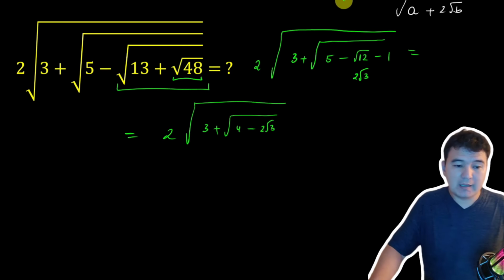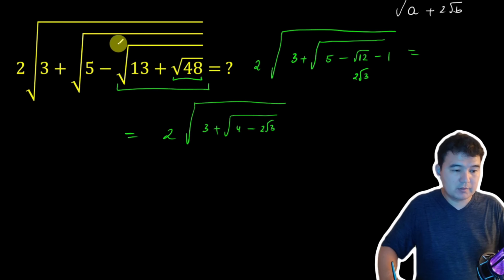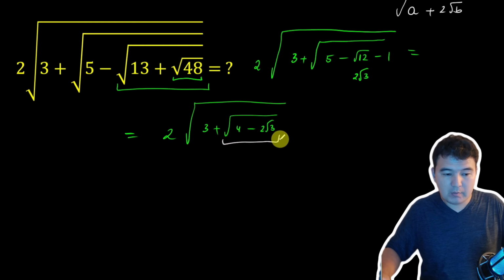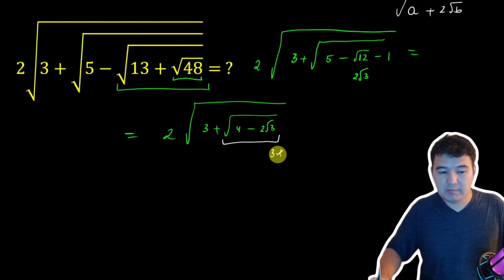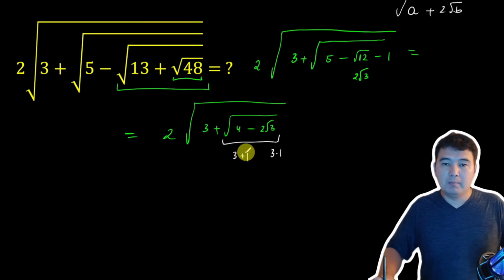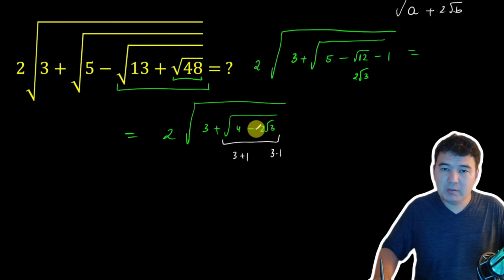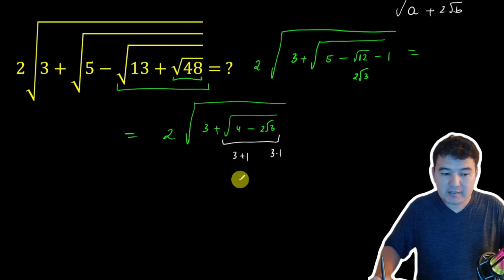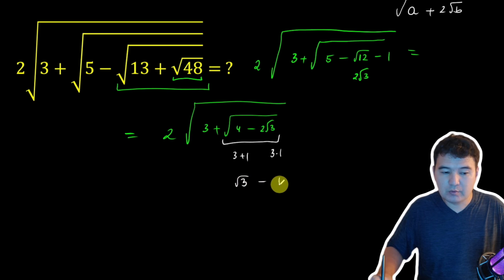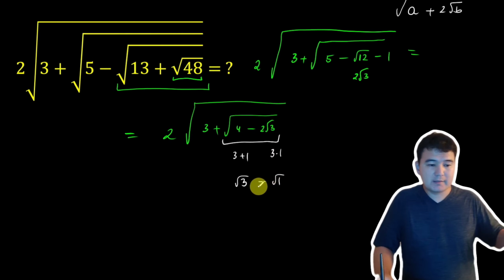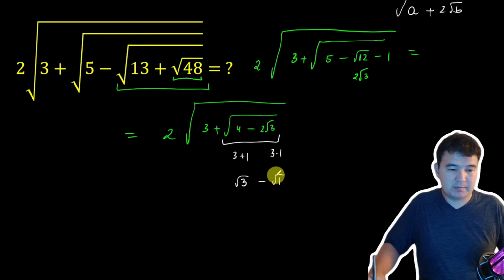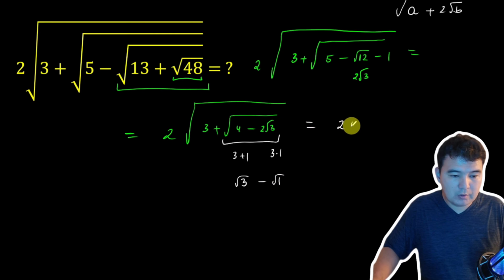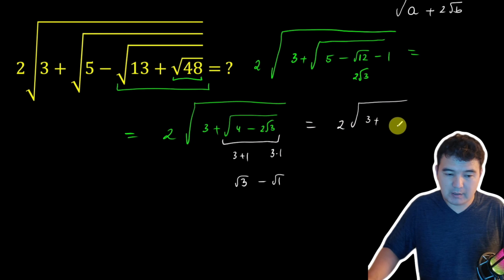I'm going to use that idea from the previous square roots one more time. Now think of two numbers whose product is 3. That's again obvious: 3 times 1, 3 plus 1. But this time the sign between them is negative. That's why my expression becomes root of 3 minus root of 1. When it's a minus sign, you have to do the larger number minus the smaller number in order to get the positive expression. So we have 2 square root 3 plus, instead of this square root expression, I'm writing